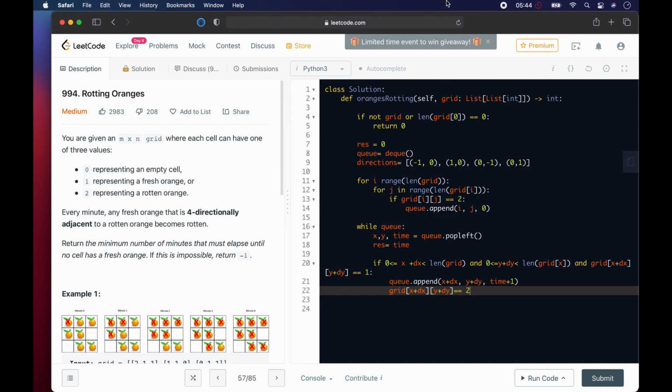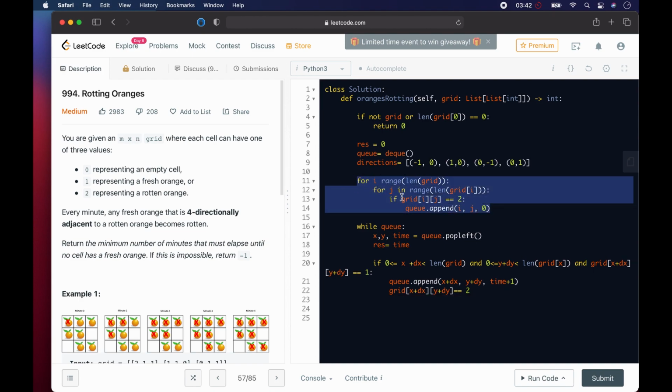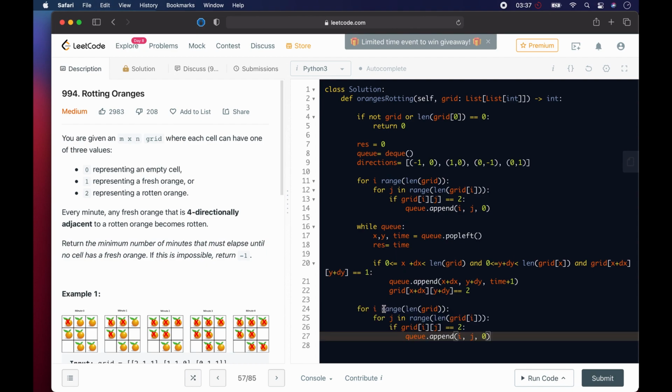The next thing we need to do is go through our grid and ensure that we do not have any 1 left, like any of them is a 1. So for that, we just need to go through our entire grid, and we don't need to rewrite that code because we already have something like that. So we need to check if this is 1, and if this is 1, we just need to come here and